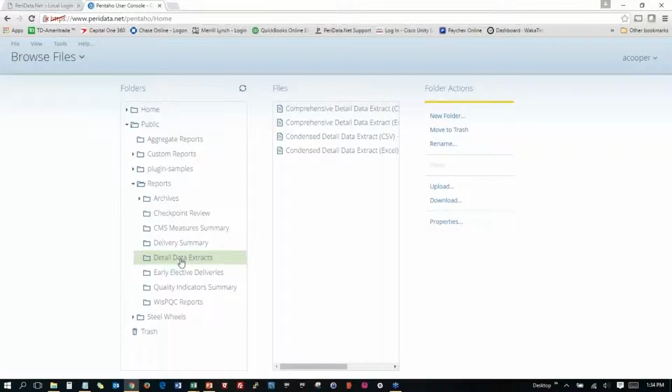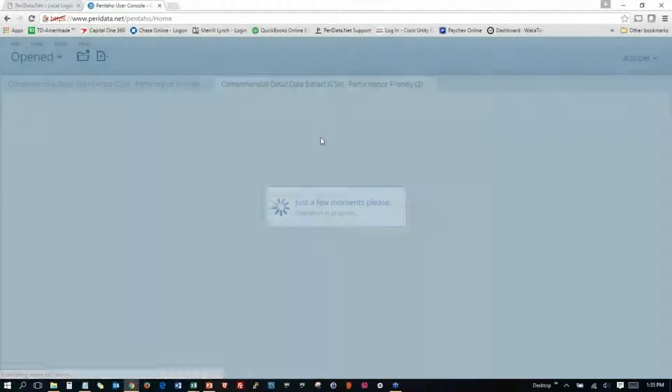In this case, it's underneath the detail extract folder. You click on that folder, and you'll see the files available. The one that you will want is the comprehensive detail extract. So you just click on that, click open,